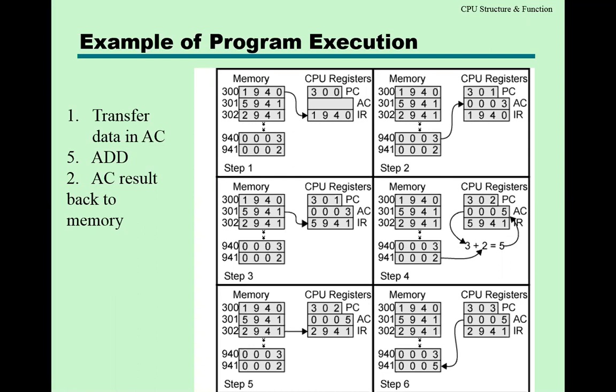For different instructions, there are different types of code. Here, 1 is for transferring the data into the accumulator. So this instruction is executed, and after execution, they come to know we have to transfer data into the accumulator. But which data? A data which is